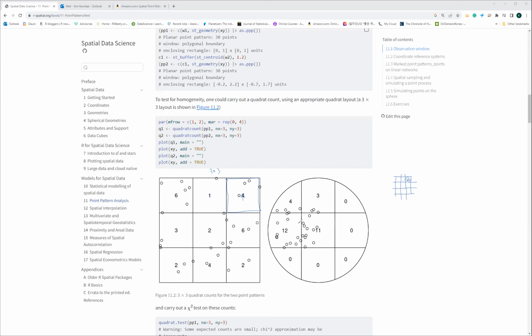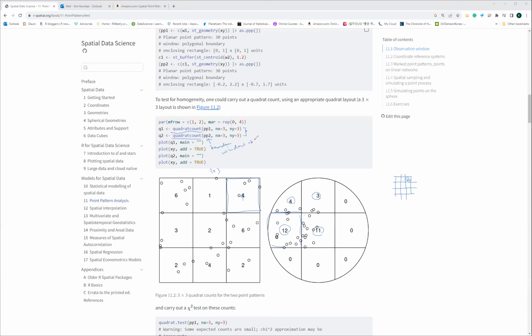So whenever we have a square, we can count within this grid, this unit area, and then we can count the number of points inside those shapes. So there is a command function called quadrat count. The first argument is a boundary window